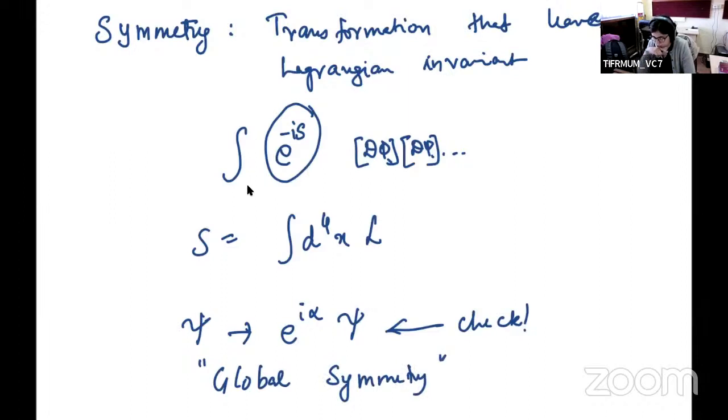And the name global is sort of retrospective, because there is something called a local symmetry, which we will learn about in just a second. But what it usually just means is that the parameters of symmetry that you have do not depend on space-time. So it's just a constant number. So that's usually how you can understand global symmetries. So this is one example of a global symmetry. And